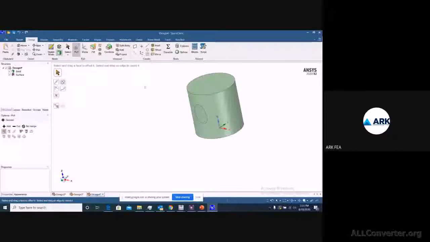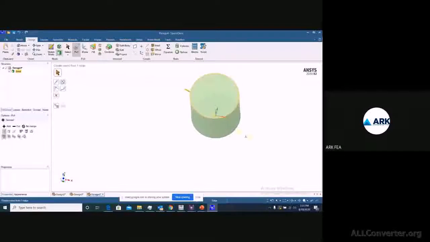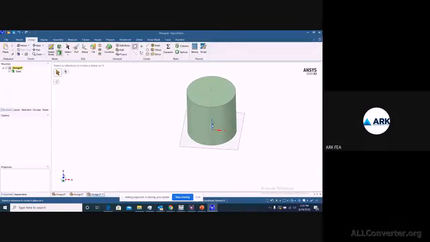So in that case, what I would need is to remove this and show you exactly how to do it. First we'll take a plane. Just go to plane and select the axis you want, right?